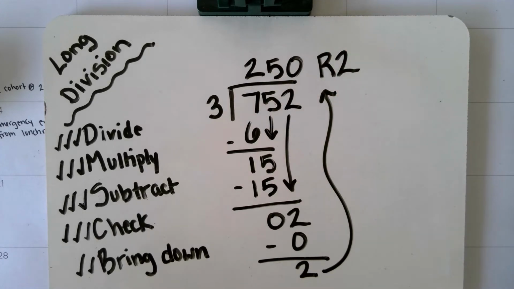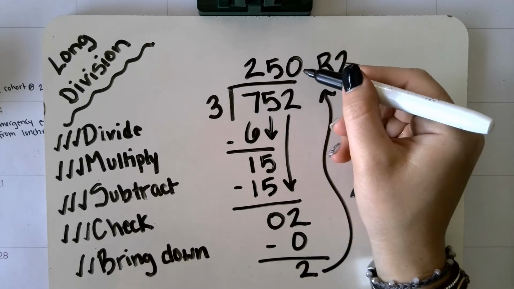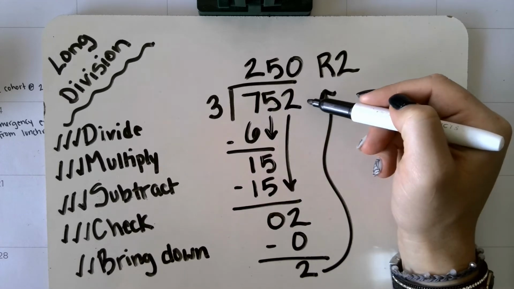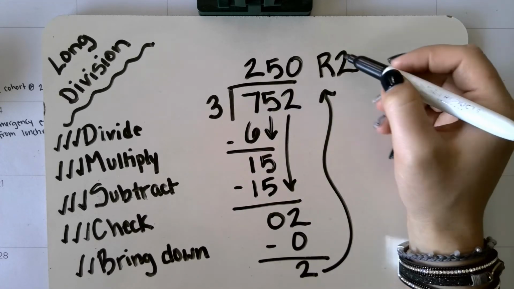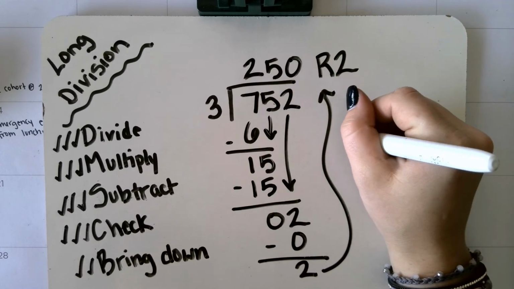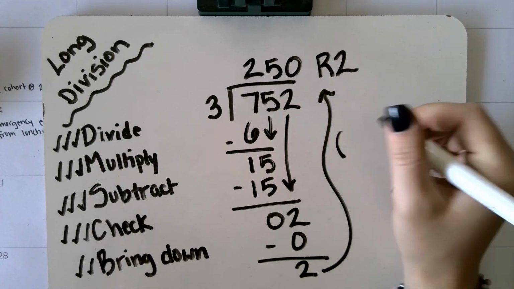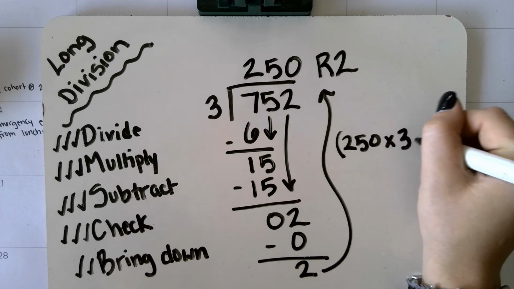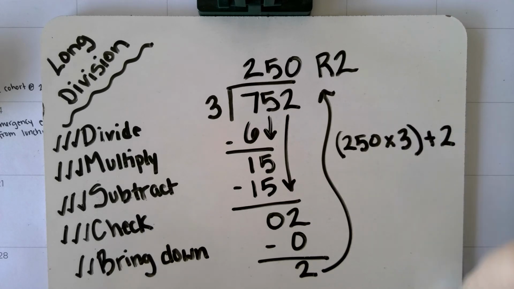And then I tell students to check their division with multiplication, so they take their quotient, which is the answer, multiplied by the divisor, and it should give them the dividend, or what they started with. They'll also have to add in the remainder, so they might check it by doing 250 times 3 plus 2. And then that could be their